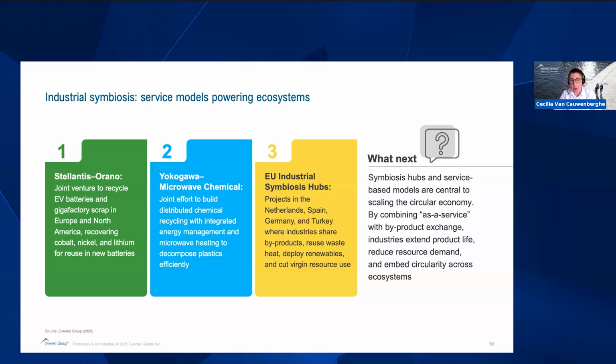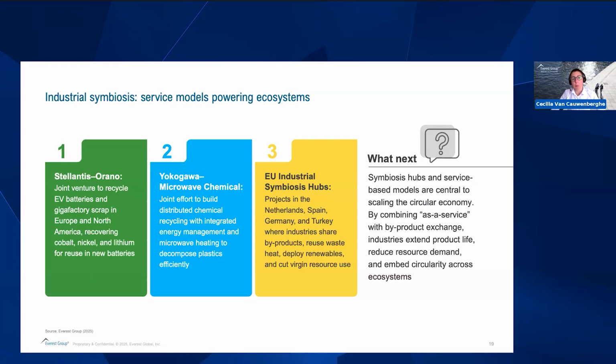Here, battery circularity is a material hedge. This joint venture between a global automaker and a nuclear materials specialist focuses on recycling end-of-life EV batteries and gigafactory scrap in Europe and North America. The technology combines mechanical dismantling, hydrometallurgical leaching, and solvent extraction to recover high-purity nickel, cobalt, and lithium, all very valuable, very critical minerals today. The integrated process achieves over 95% recovery of critical metals, feeding them back into new cell production.